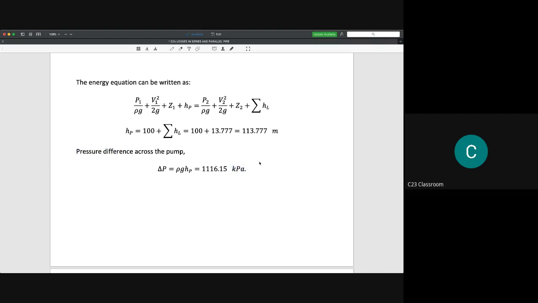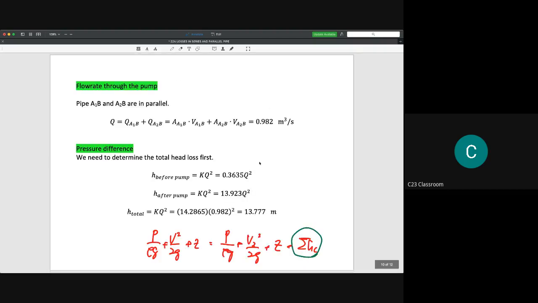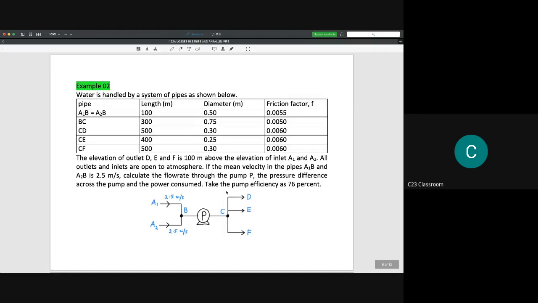Okay, I forgot to explain here how to calculate the head loss before and after the pump. You need to use the idea of parallel and series pipes. You know the friction factor of this one and also this one and also these 3 parallel pipes. So for this one, you need to merge these two parallel pipes and assume them as one single pipe. Because it is parallel, you need to